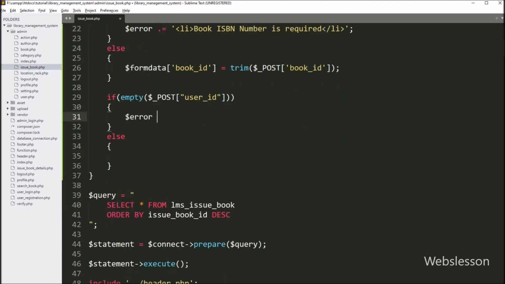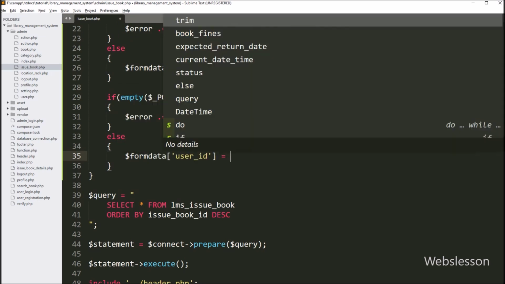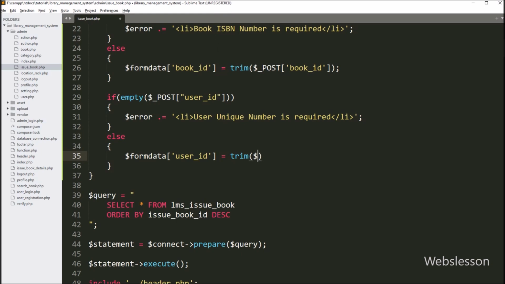And under this block, we have to write $error variable, and here we have to append this error message. But suppose above condition is false, then it will execute else block of code, and under this block, we have to write $form_data user ID variable is equal to $_POST user ID variable. So here we have stored user ID text box data under this $form_data variable.